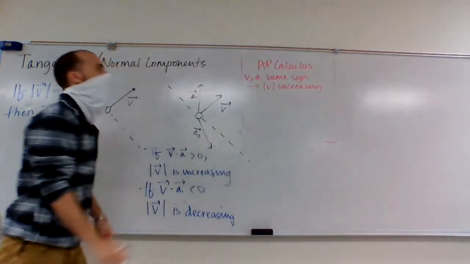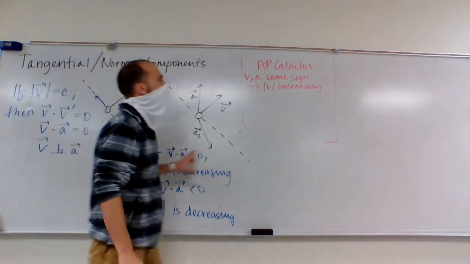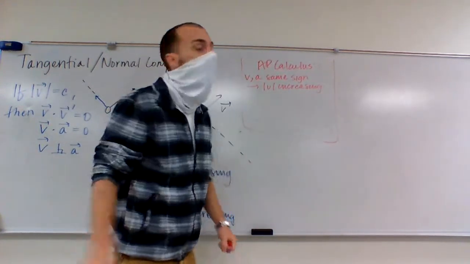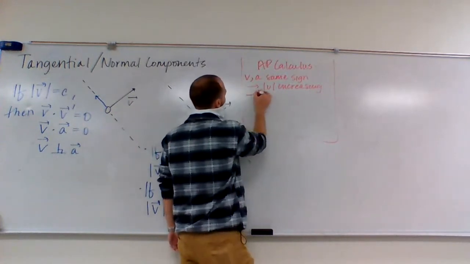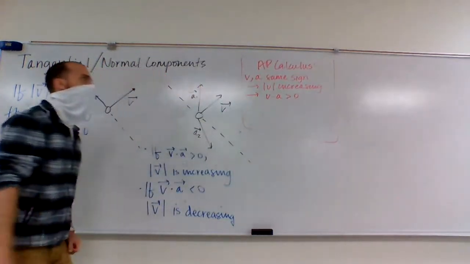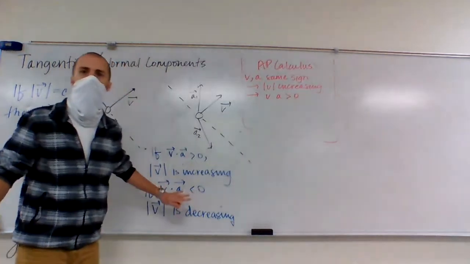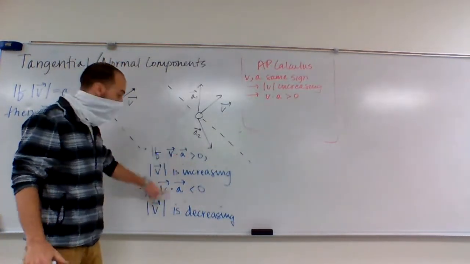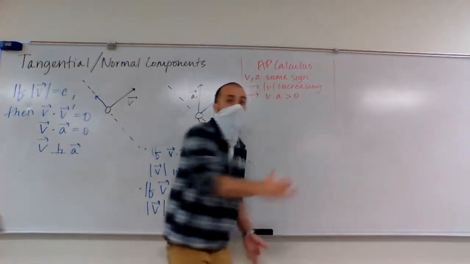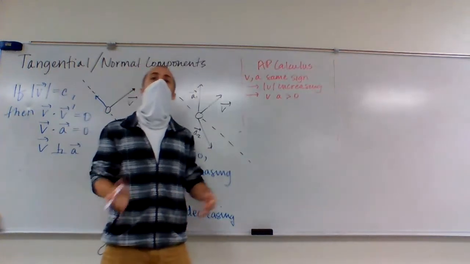Well, that kind of makes sense, because if v and a have the same sign, then the product of v and a will be positive. So I'm going to say, also v times a is greater than 0. Now, times is kind of taking on a different meaning here, right? We're just multiplying two numbers as opposed to dotting two vectors, but it's the same symbol, and it's kind of the same idea. And so I'm thinking, in future years, this is going to be the condition I'm going to use in AP Calculus,